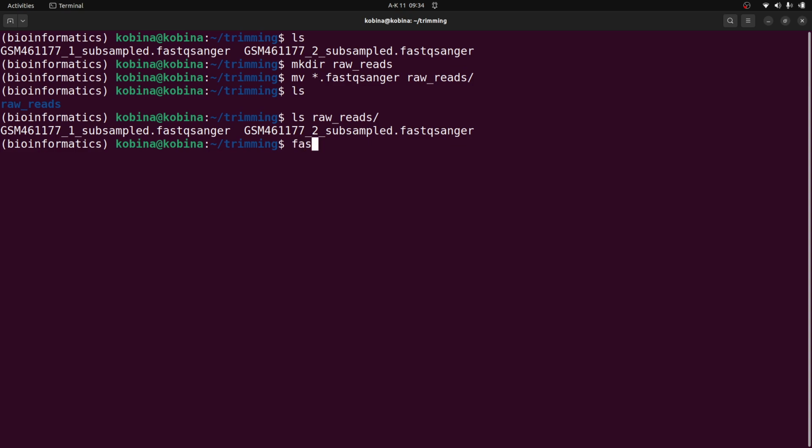So I'll say Fastqc raw reads star.fastqc.gz. I can also do just star. That is fine. This will also run all the files. But if you have different kinds of files in a directory, then this is where the extension comes in. So in my case, I will be specific. I'll say star.fastqc.gz. I repeat, the star also works in this situation. Okay. So I'll run this,